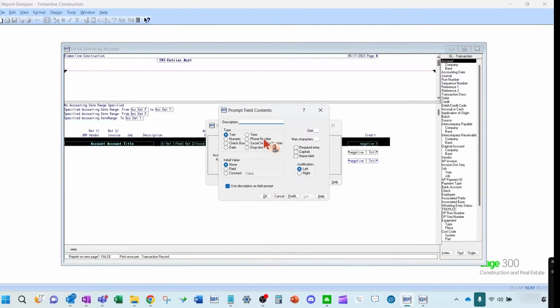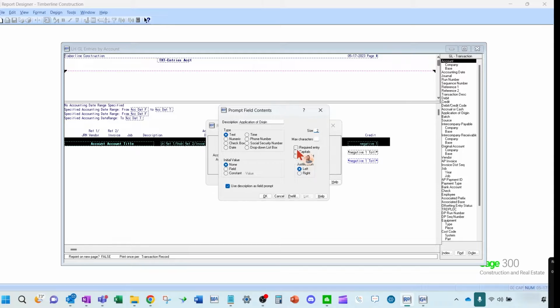And I'm going to say application of origin. That's where it's telling you where this transaction originally came from. Okay. You could just make that a text field. So you just type in AP, GL, PR. You can also make it a drop-down list here. So you could set up the AP, the AR, and have it print in from a drop-down. I'm just going to make it a text field for this. The application of origin is only 2 digits. It abbreviates it. So I'm just going to use 2 digits for my size.